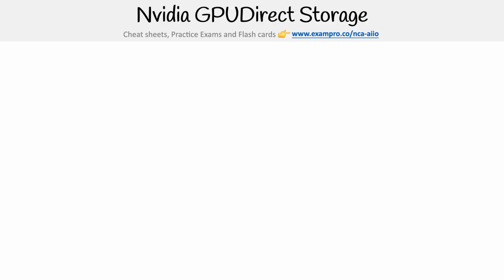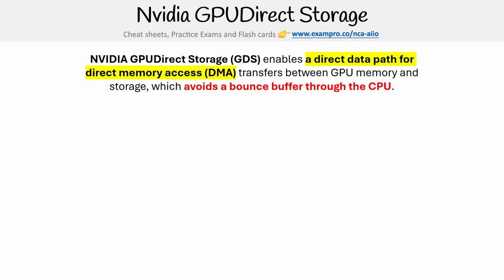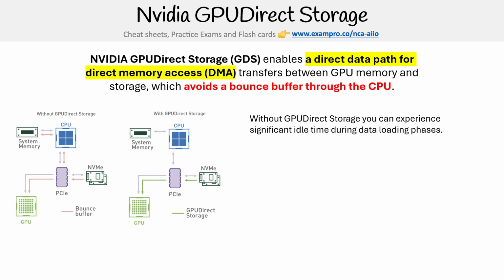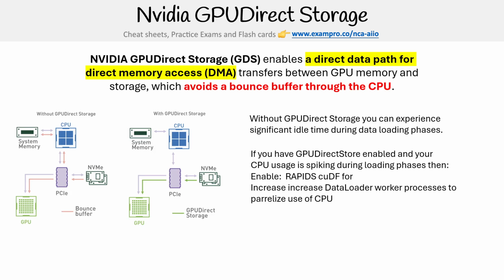Let us take a look here at NVIDIA GPU Direct Storage, which enables a direct data path for direct memory access. So DMA transfers between GPU memory and storage, which avoids a bounce buffer through the CPU. Without GPU Direct Storage, you can experience significant idle time during data loading phases. And if you have GPU Direct Storage enabled and your CPU usage is spiking during loading phases, then enable RAPIDS